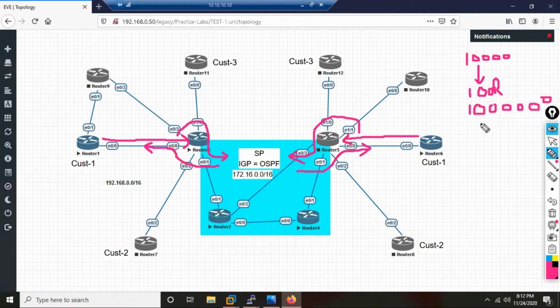So 7 digits. That basically means a million routes. Can an IGP handle a million routes? No. So do you think in a real service provider environment, the service provider is doing it like this, redistributing customers' routes into their IGP? No. First of all, this is not the way it is done. Please understand that what we did so far was just for understanding.